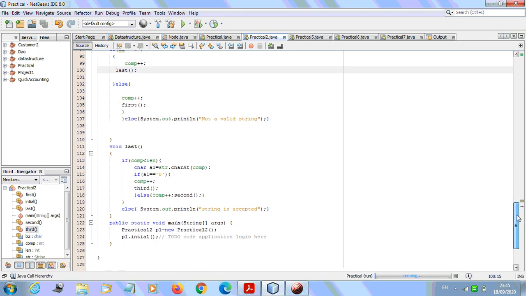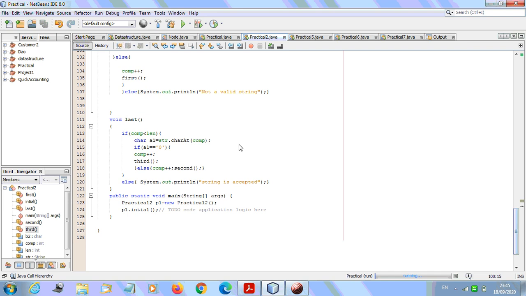And again in the last state we have to give 2 inputs, that is 0 and 1. The same method is written there. If we give 0, we increment the index value, and we call the third method itself. If we have 1, we call the second method itself. So make a DFA. You came to know why I have called third and second here; by seeing the diagram, you can easily know this.